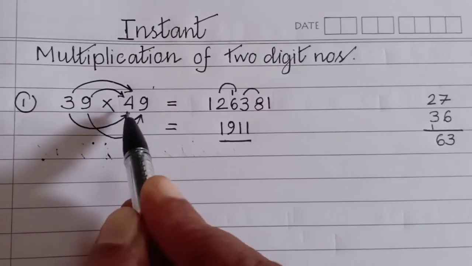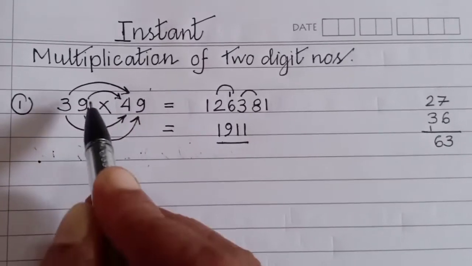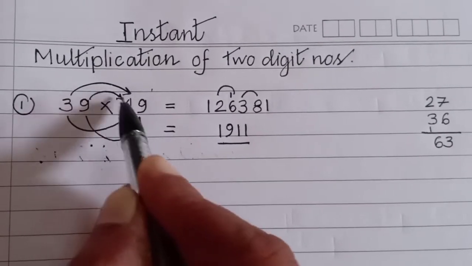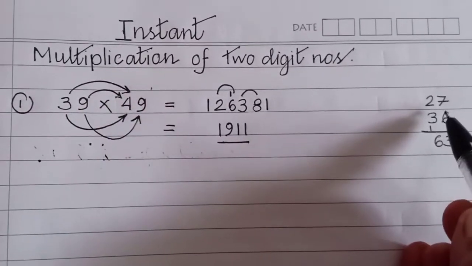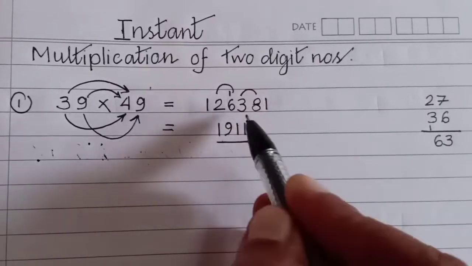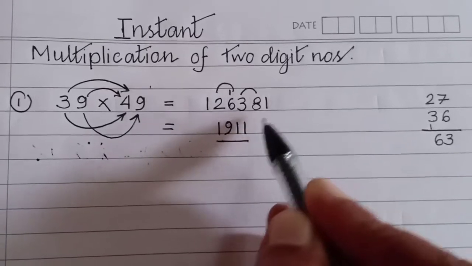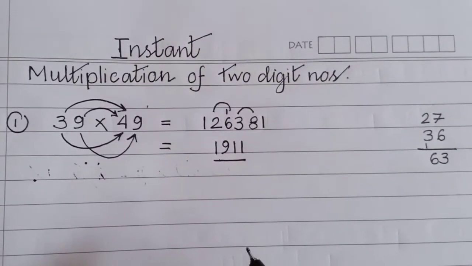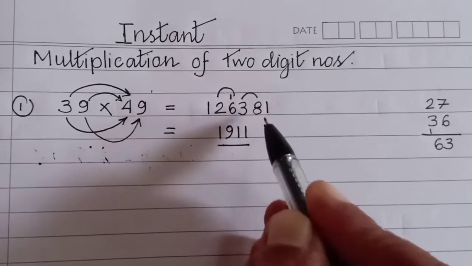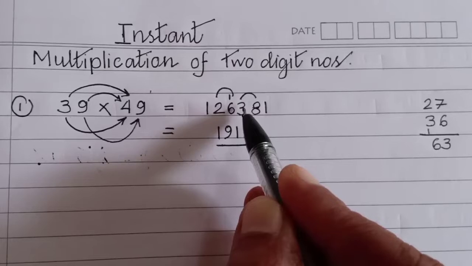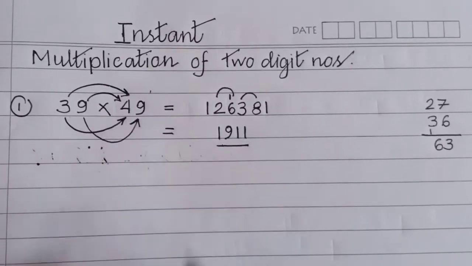We have done a multiplication 3 into 4, it is 12. After that, second step, 9 into 4 is 36, 3 into 9 is 27. We have done addition and we have written 63 here. Again 9 into 9 is 81, that we have written. After that you make a group of 2. The 1 we will leave. Make a group here: 8 plus 3 is 11, carry 1. 7 plus 2 is 9. This is your answer.